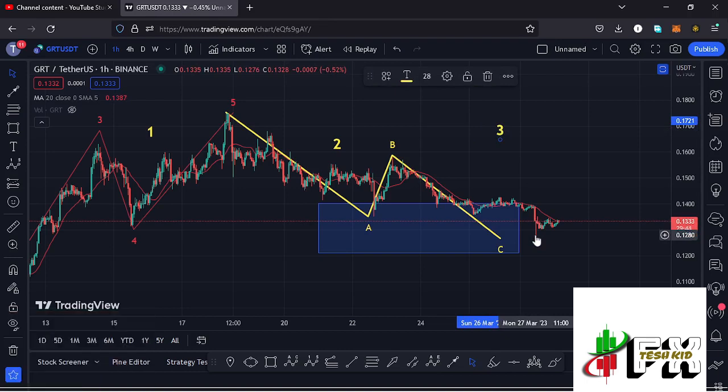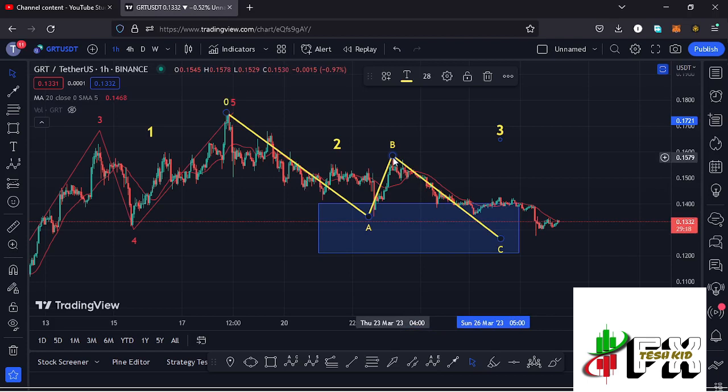And all we need now for us to say that soon we are going to start that impulsive wave to the upside in the formation of that wave 3 is a confirmation that we have now bottomed out in the formation of that wave 2. The first confirmation will be a break above the 20-day MAs, both on the 1-hour chart and also on the 4-hour chart, so that they can give us the support that we need for us to continue gearing up, and also a break above the wave B high, which lies at around